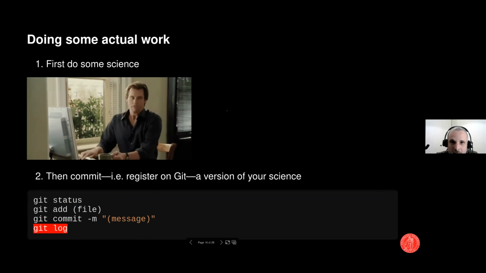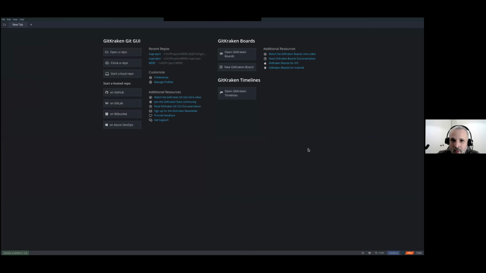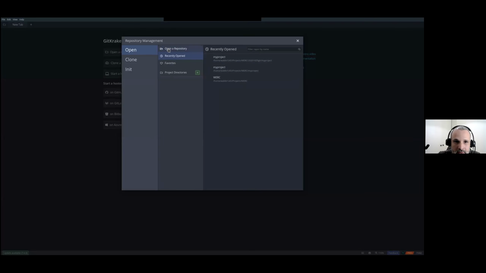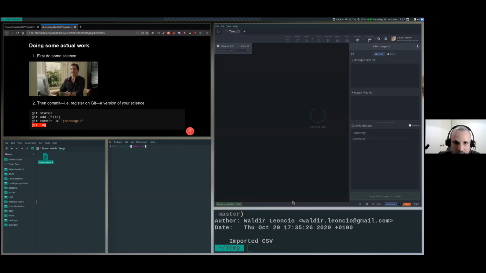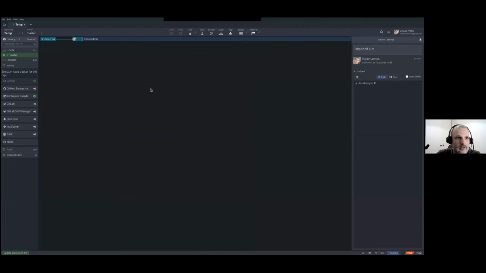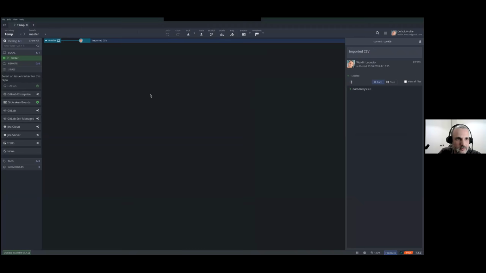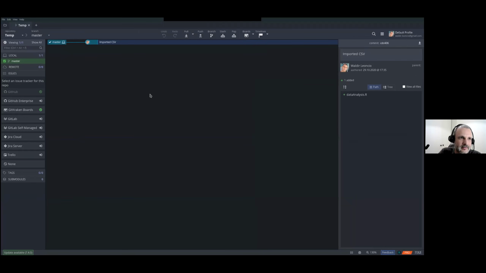So maybe now it's a good time to show you on GitKraken. At least let's start, or let's open a repo since we already created it. We have one on the temp directory. So there you go. I assume this is too small. I think this is as large a font as I can get on GitKraken. But anyway, what you see here is basically your repository, temp,